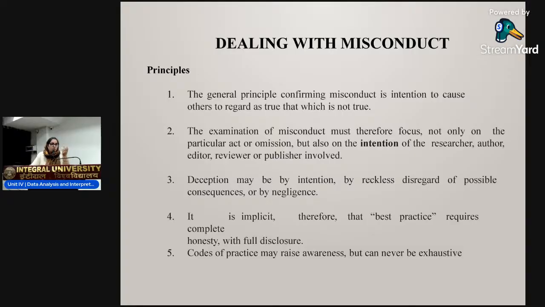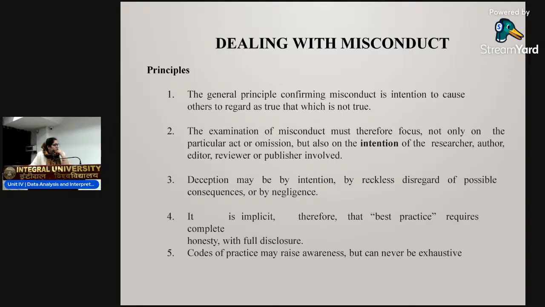The committee would want to see what the motto was. There is a checklist for the committee members also. One point is whether there was some motto for the researcher or scholar to do this. Motto means like whether he or she wanted to get the PhD faster, whether there was a pending promotion. Okay,